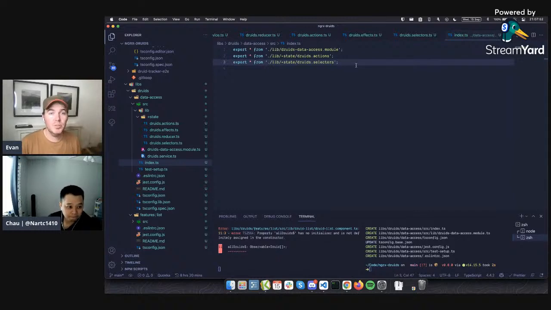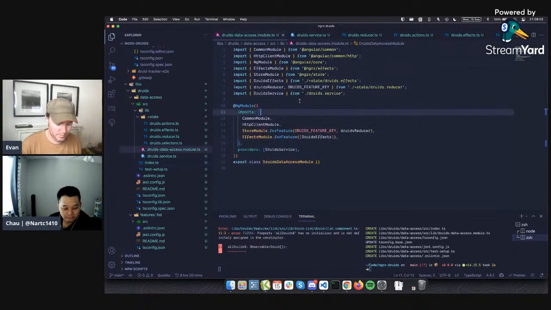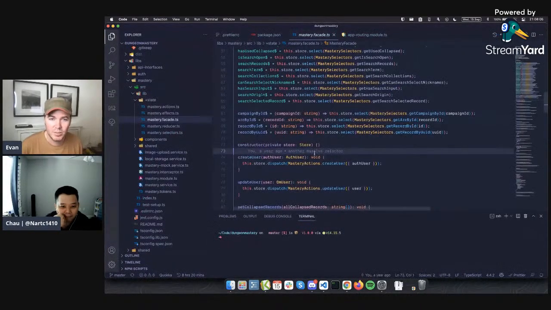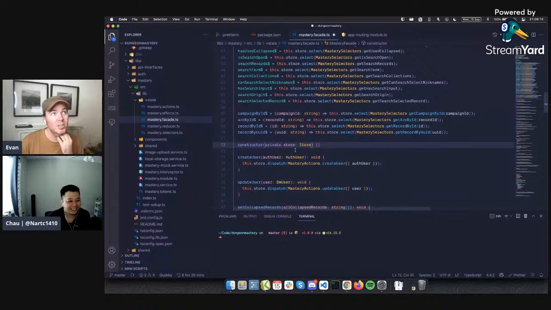So previously, when I was importing into the constructor of the components that were using it, such as in here, when I would import this, you would have to say what it was, right? It would have to be Druid store or whatever. Right. And that for me was like, well, I do want my component to know that it's using this, but